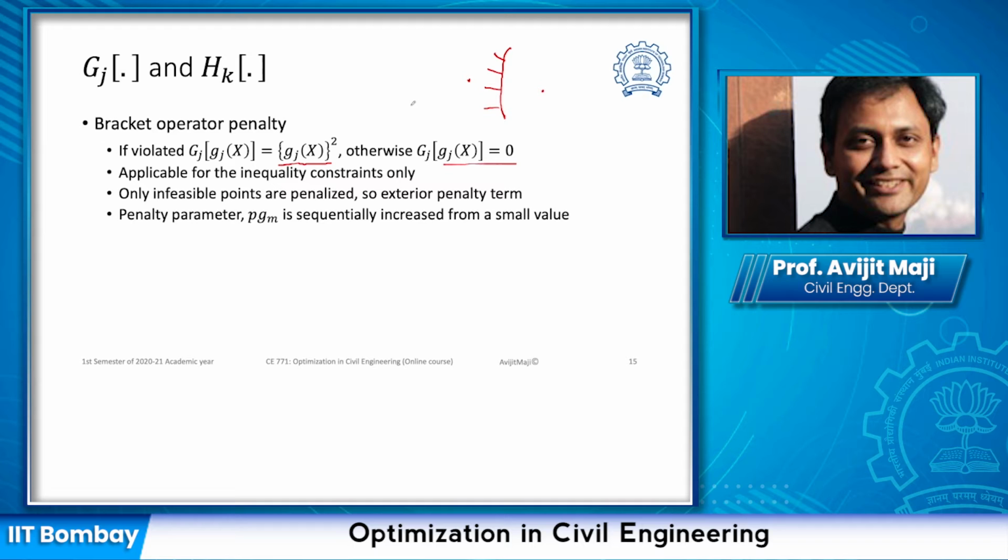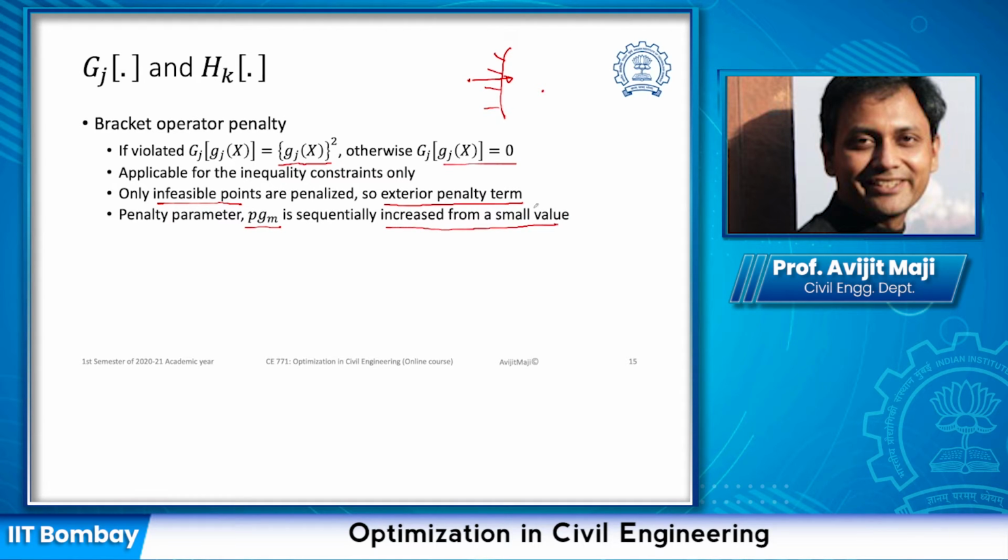So hence it will further increase or decrease the value significantly depending on whether it is a minimization or maximization problem, which will force the solution to bring this point inside the boundary. So as I said, this solution is applicable for the infeasible points. Hence this is the exterior penalty term, and in this case the penalty parameter is sequentially increased from a small